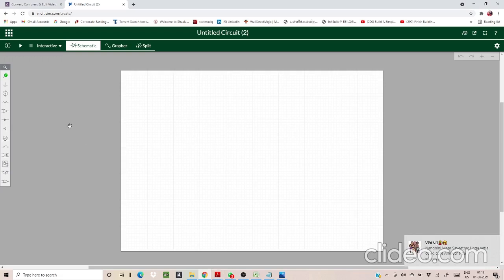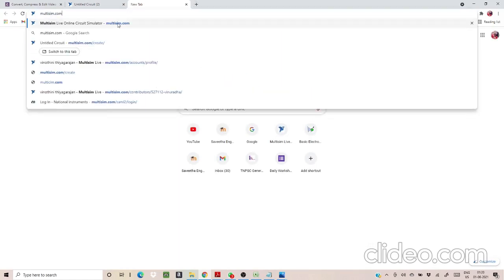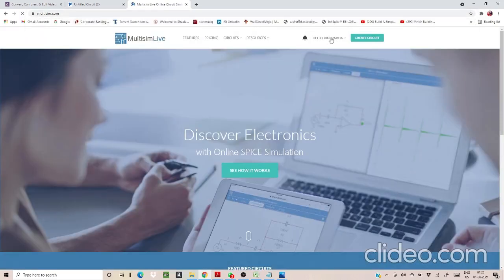So this is your Multisim. Just go to a new tab, Multisim Live Online Circuit Simulator. You can click this, and I've told you about the login page. If you cannot log in, do let me know. I will share my mail ID and password. You can use that, and you can create the circuit.